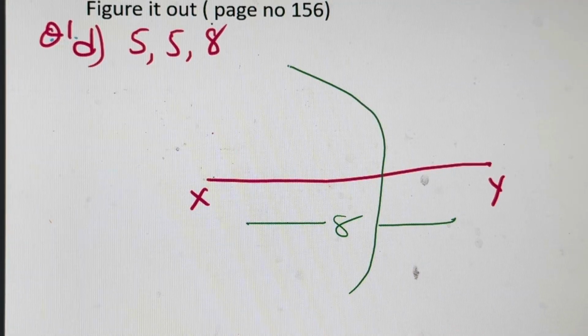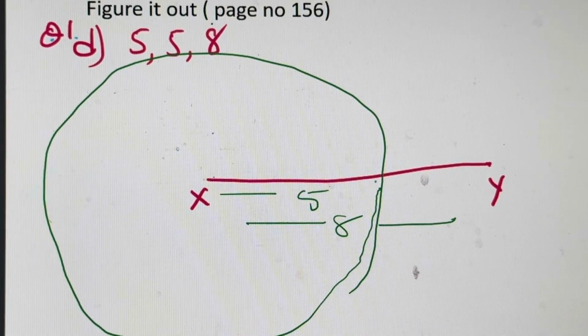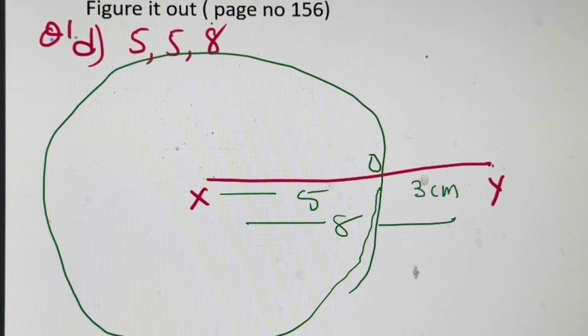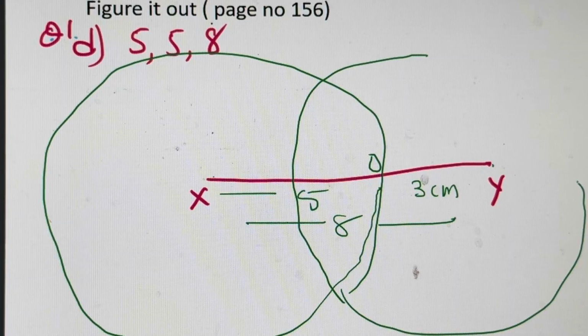So if I start like this, it is 5 centimeters, fine. Then we take again another is also 5. Now this is 5. From here if I take this as point O, so XO is 5. 8 minus 5, the remaining is 3 centimeter. So now if I take the radius as 5 and take Y as a center, the circle which will be formed will be more than 3, that is 5. So it will be touching the previous circle, and both the circles, they will